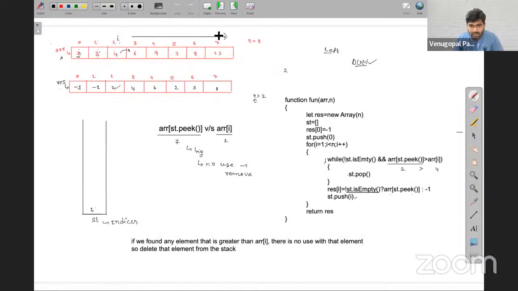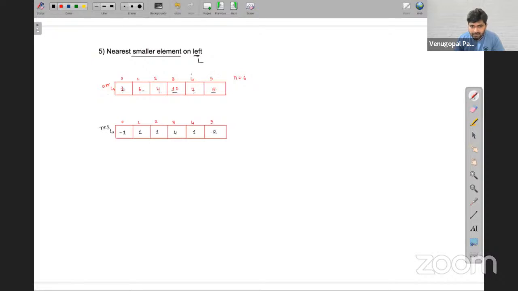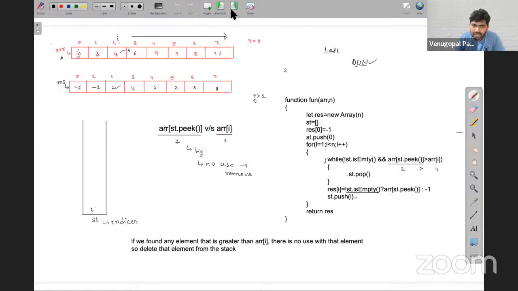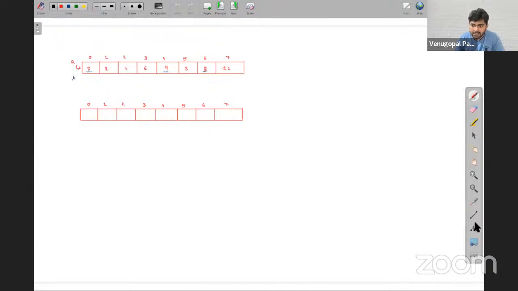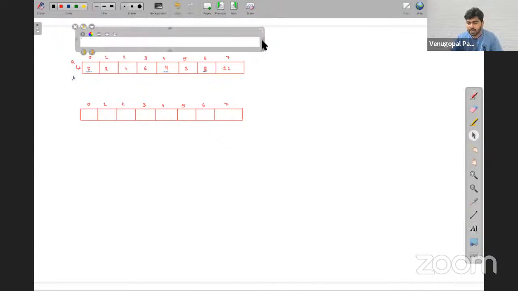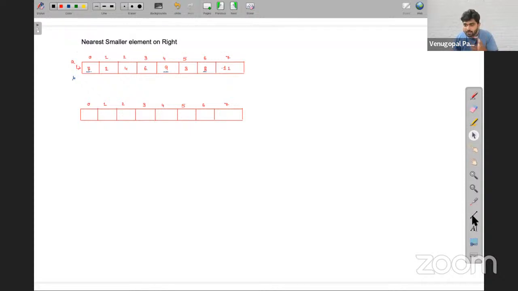So friends, always remember, when they are asking on the left means start filling from 0 to n-1, that is from left to right. But what if they ask nearest smaller element on the right? So let me type it here. Nearest smaller element on the right. So when they are asking on the right, can I blindly keep -1 here? Tell me, without having a second thought. Of course, common sense only. Why? There is no right side element for that.